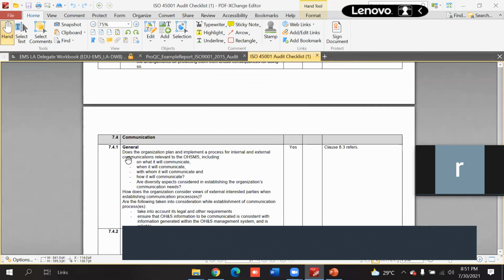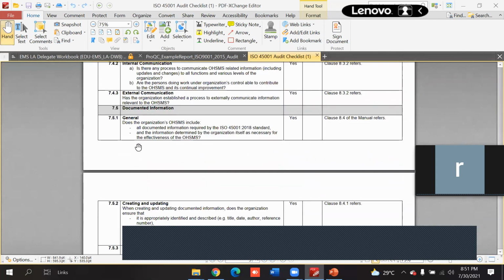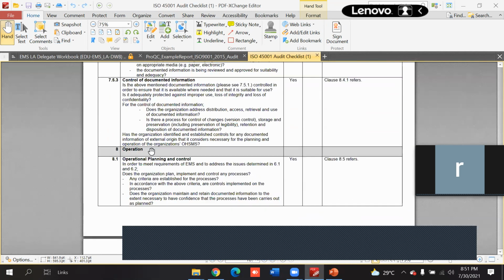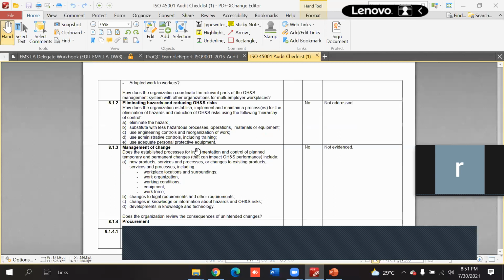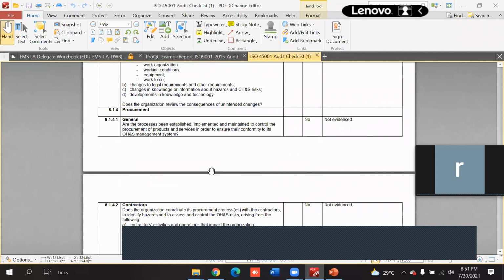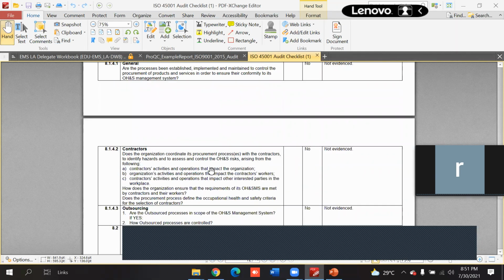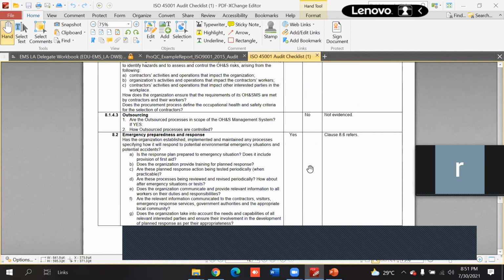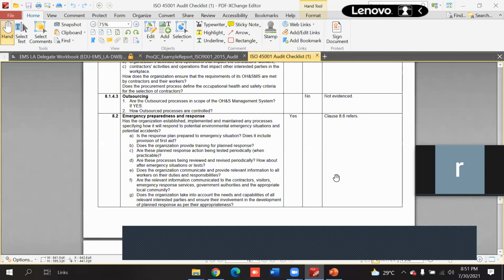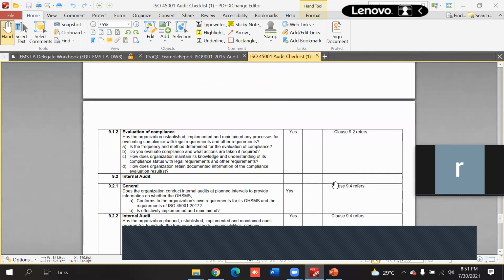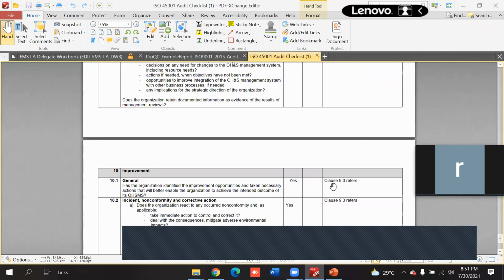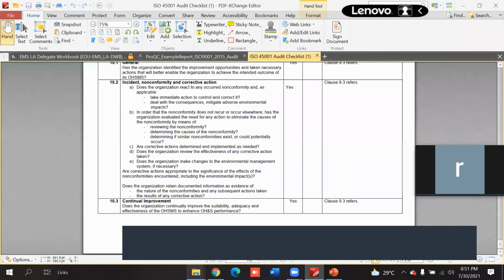Supporting roles for documentation, operation wise, reducing risk, management of change. Some may not have evidence, maybe they're not doing it, maybe the procedure exists, but some may not have it. So based on the evidence, you can put it up. Right? Okay, next is